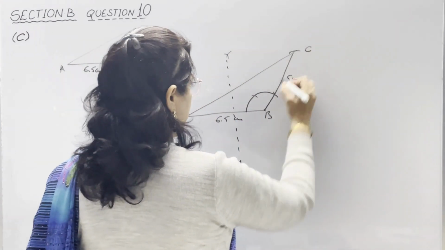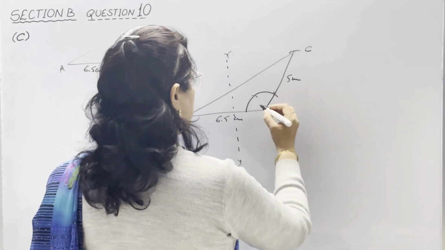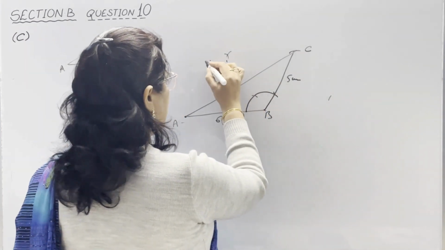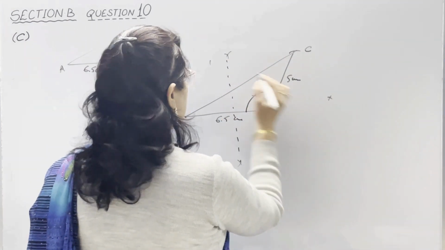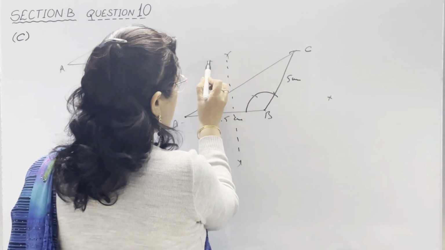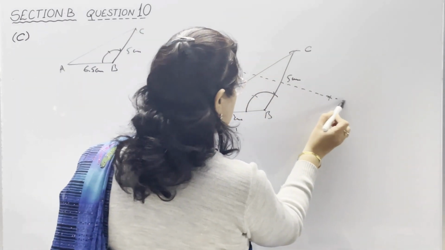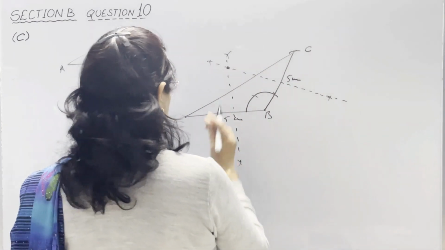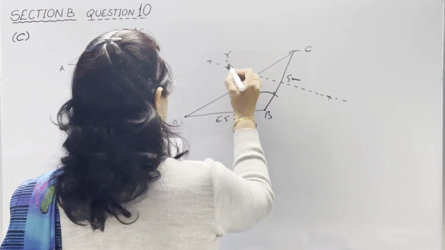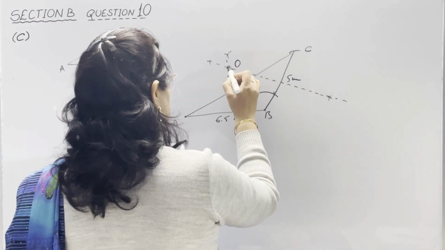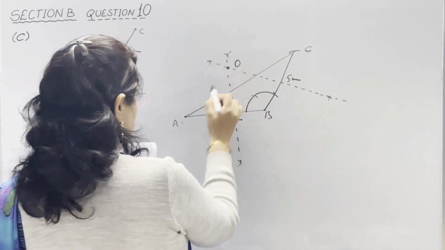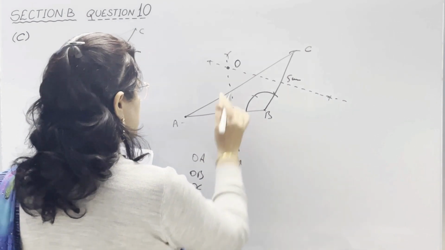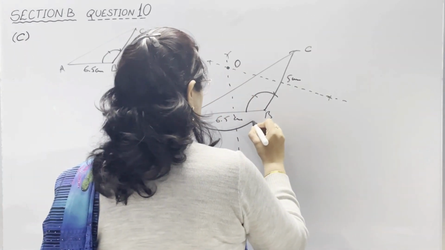Now again, for BC, we will do the same procedure, perpendicular bisector drawing. So, here, and then on placing at C, we will join like this. We will draw this other perpendicular bisector. The point where these two bisectors meet is the center of our circle. Then placing the tip of the compass at this point and taking the radius as either OA or OB or OC, we will draw the circle.